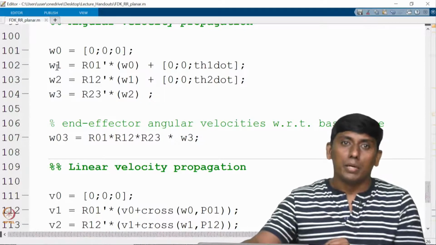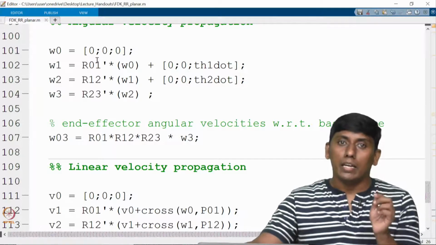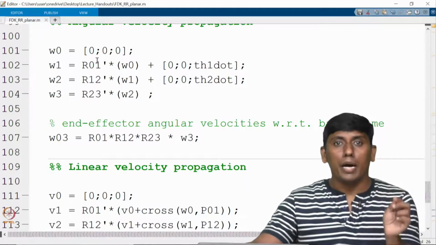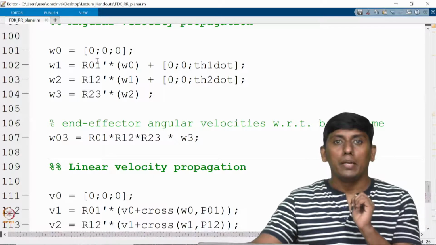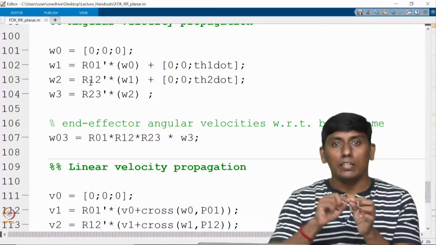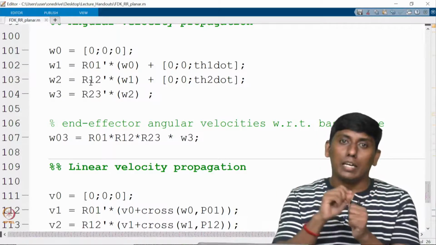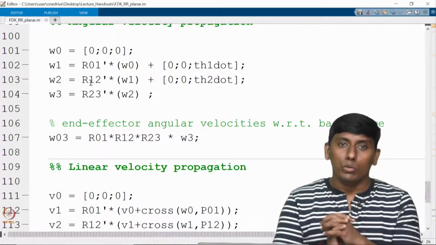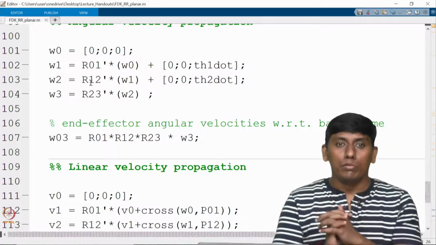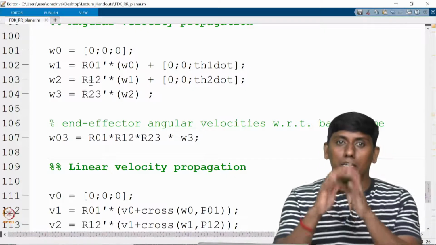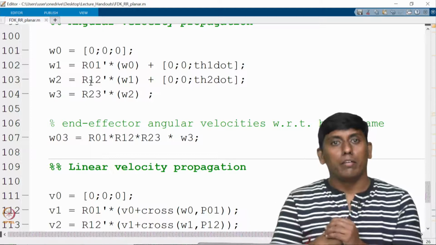Instead of this omega 1, omega 2, omega 3, I can put a for loop, where the loop will run from i equal to 1 to n, and inside I can put a condition on whether it's a rotary joint or prismatic joint. Based on that I can iterate, but that would be confusing for you. So I have written it in a propagated way.